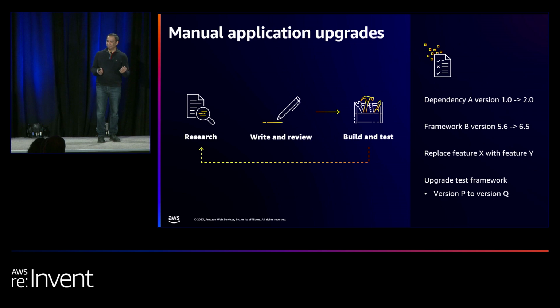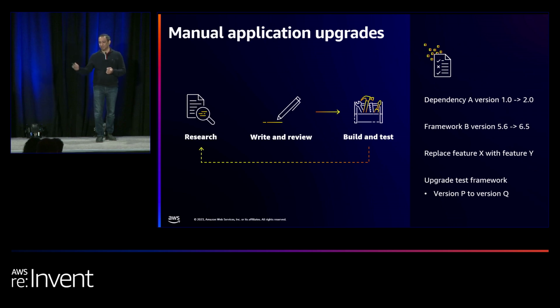configuration files, but also go deeper into your code base and figure out where you use that dependency, or where you have to use this new feature, replace an old feature, use the new feature. How do you do that? The typical developer cycle is you do some research on one thing, you try and write, you try and get it building, figure out what's breaking, go to the next feature, go fix that issue, go through this whole cycle again